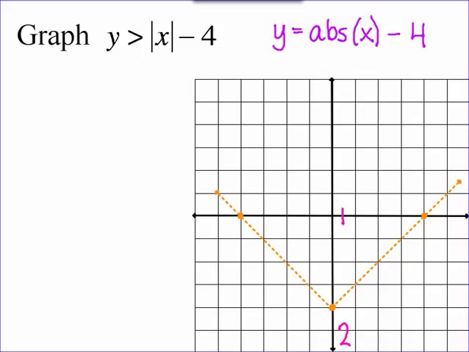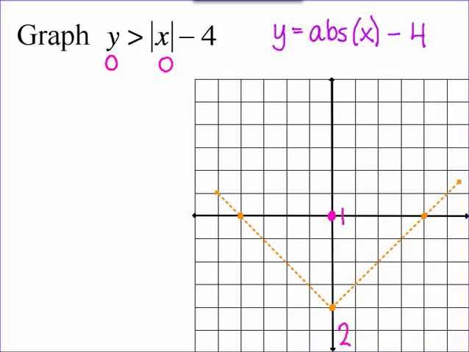So I need to pick a point in one region or the other. 0, 0. So now I'm going to plug 0, 0 in, and I'm going to see, do I shade inside the V or outside the V? Now, when you plug this in, you need to make sure that you plug it into the original inequality, because if you plug it in to the equal sign, it's not going to work. So if I plug 0, 0 in over here,